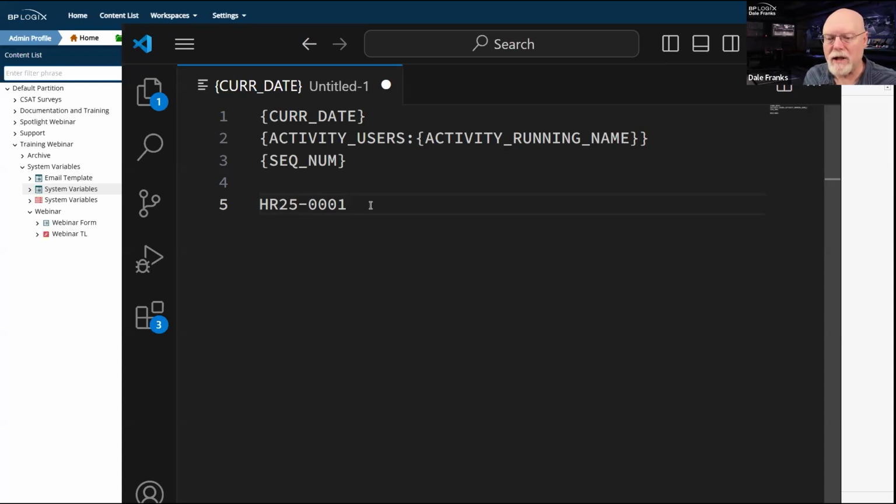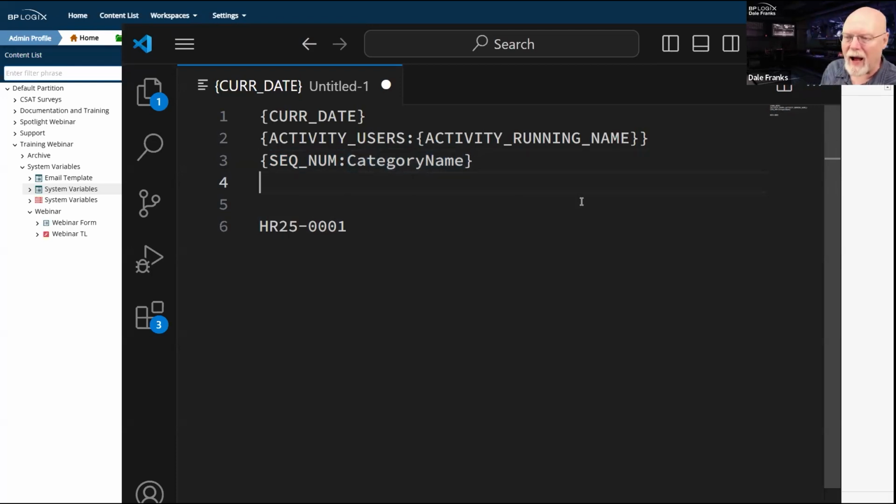Well, again, nesting system variables helps me do that. In the sequence number, there needs to be some sort of category name. And if you drop in a category name, it creates a unique sequence number based on that category name. Now, of course, the problem is that if I hard code category name in here, then my sequence number is never going to restart because my category name never changes. So once again, this is where the ability to nest system variables helps me quite a lot, in that I can use another system variable to restart that category.